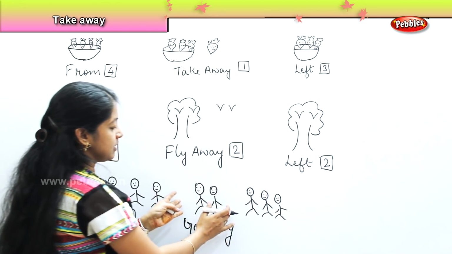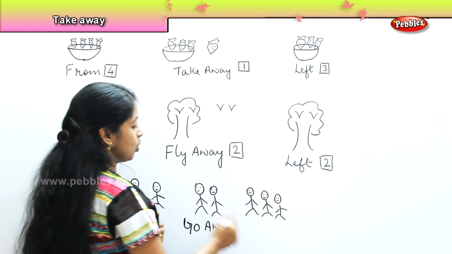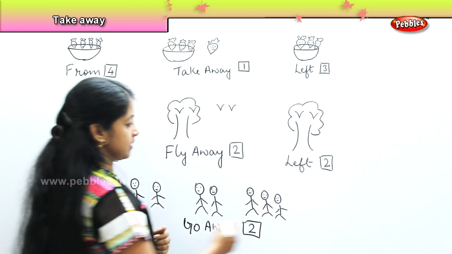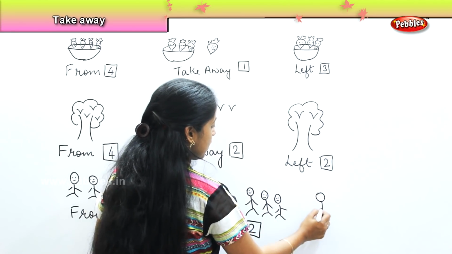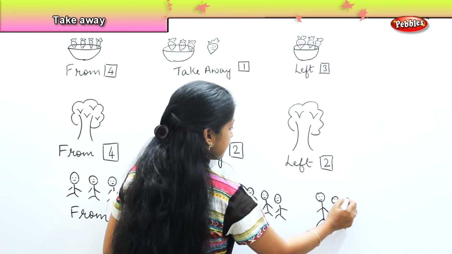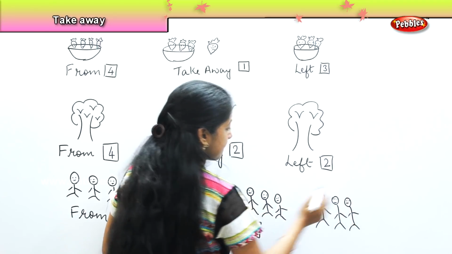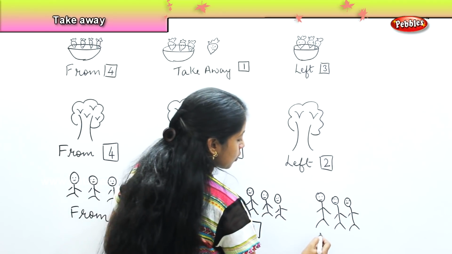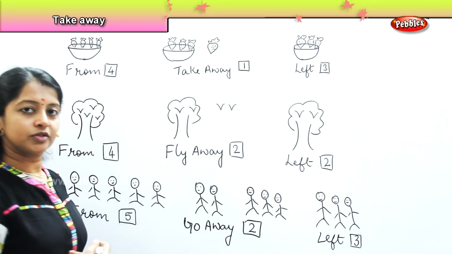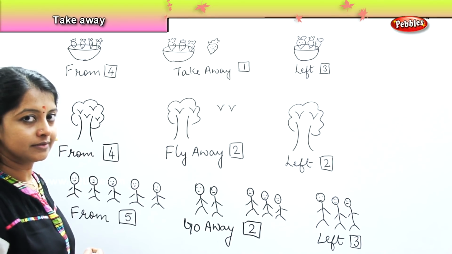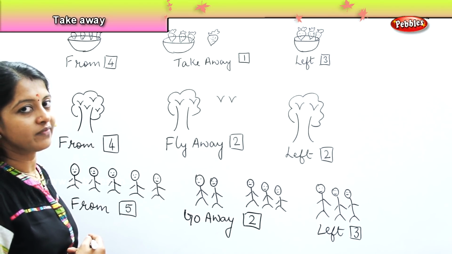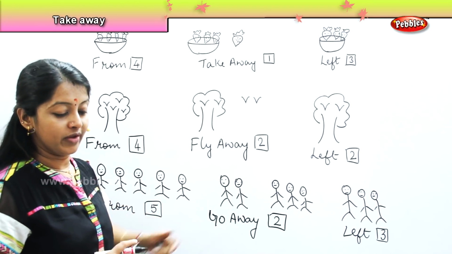They were playing here. These two children said that I am very tired. So, they are going. So, what is the number here? 2. So, what is the number left? What is the number of children who are still playing with each other? One, 2 and 3. So, what will come in left? 3. Is it clear, children? Are you able to understand? Yes. So, what is the new term which I have used here? It is go away. Okay.